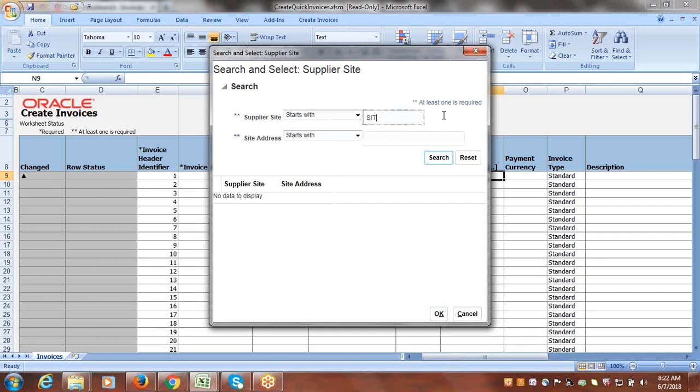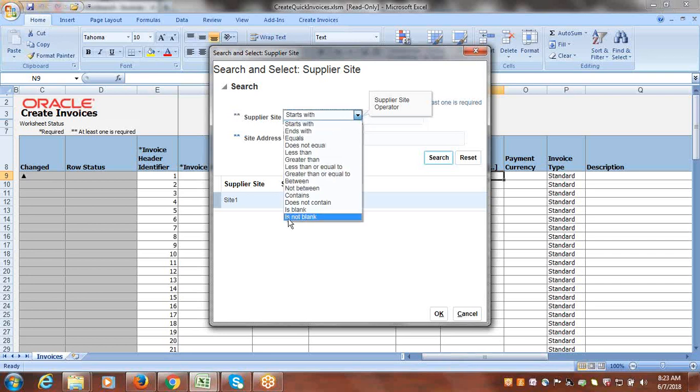So the site name we gave is site 1. Search. Say, for example, you created a site but you don't remember it now. You don't need to go and check the application by opening the supplier and verifying. If you don't remember any value, or you didn't create something while doing some transaction, and you want to find out the existing values, in this search criteria what you